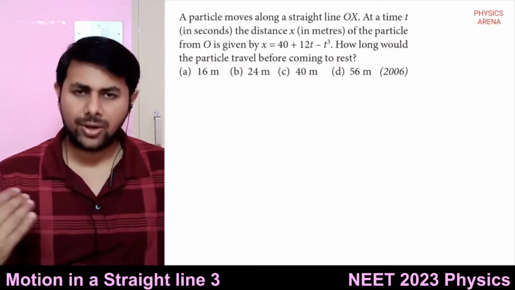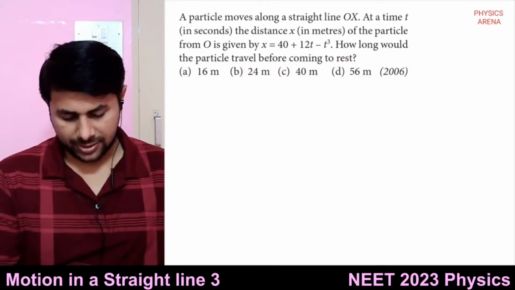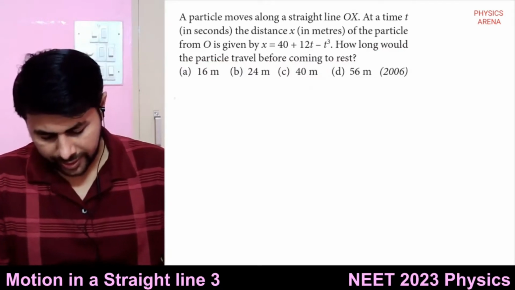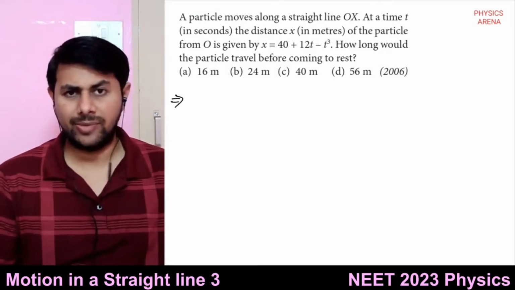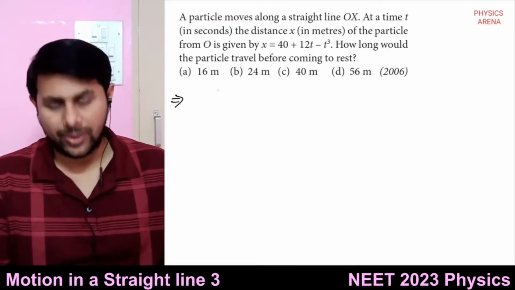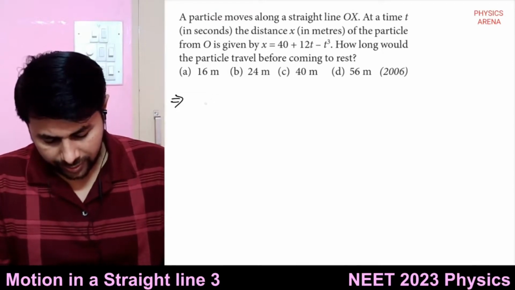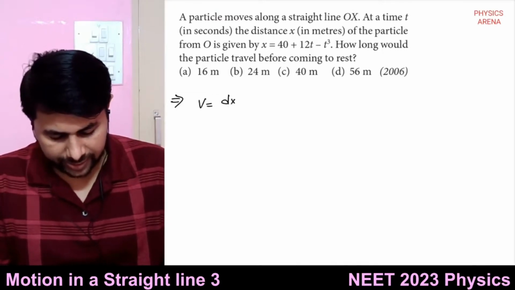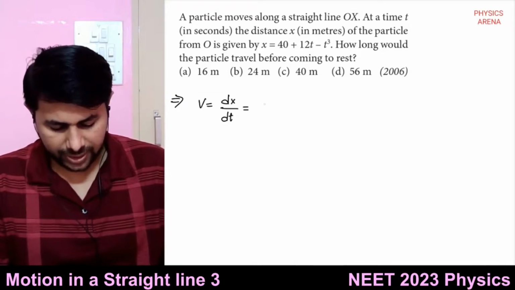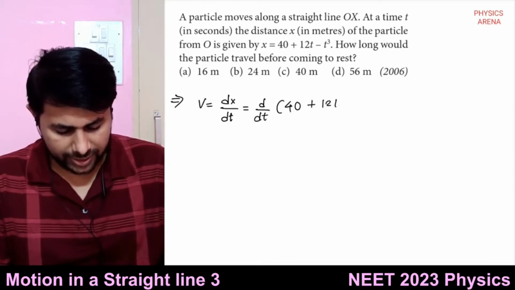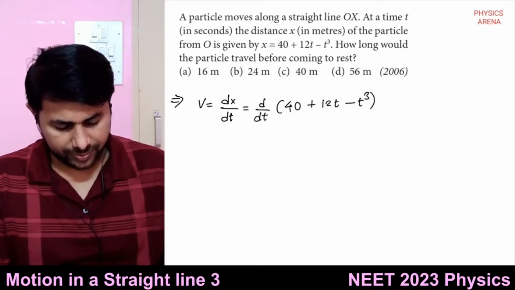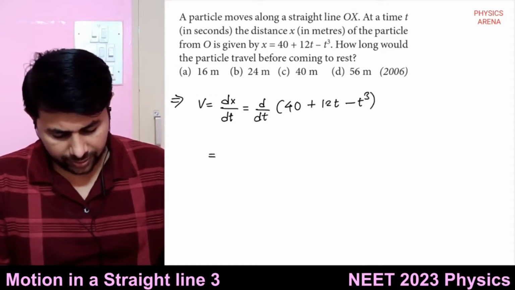So the object is coming to rest, right? Then that means its velocity will be equal to 0. So we have to find out the velocity. We know velocity is dx by dt. So it is equal to d by dt of 40 plus 12t minus t cube, and it's equal to the